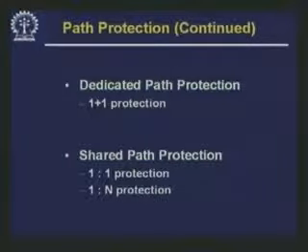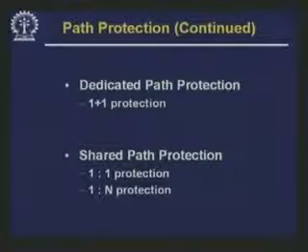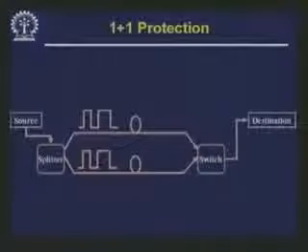Now, path protection, there are various ways to protect a path. These various ways mean the various ways of provisioning the extra bandwidth or capacity in the network, so that you can give protection. As I said, you need to build in some kind of redundancy in the network. So, there are various ways you can build in this redundancy, and the schemes may be divided as dedicated path protection or shared path protection, and dedicated path protection may be shown as 1+1 protection, or shared path 1:1 or 1:n protection. So, we will look at these one by one.